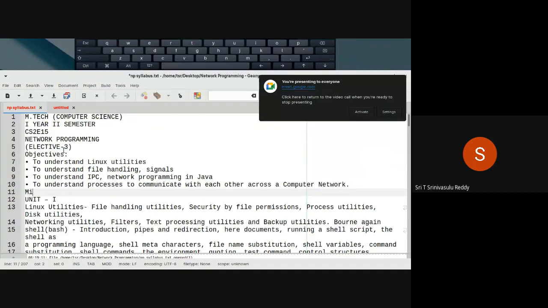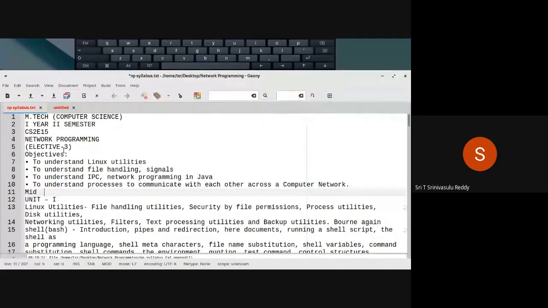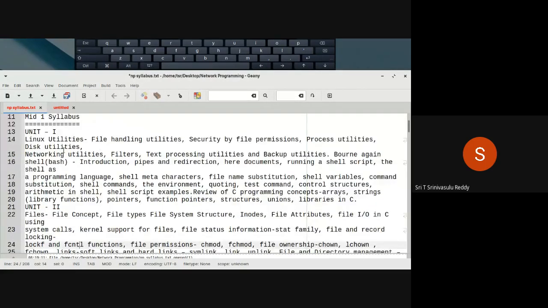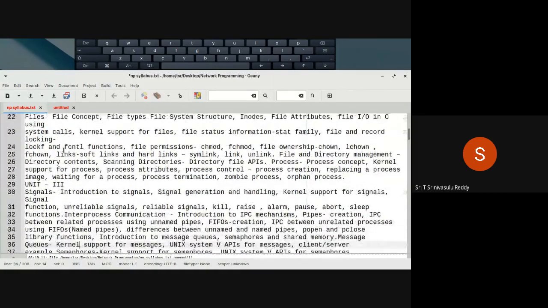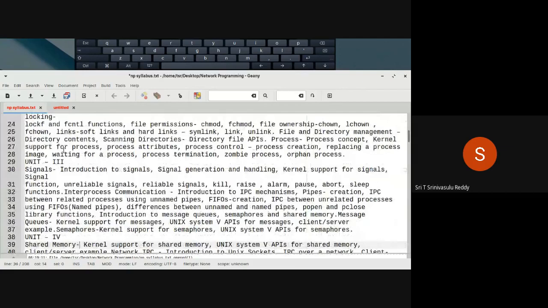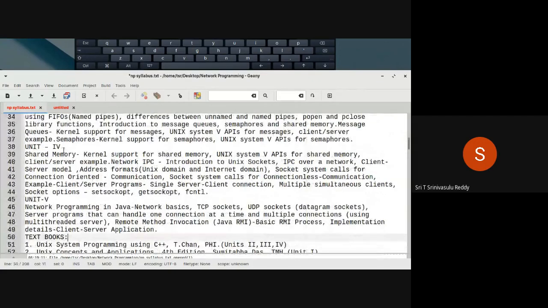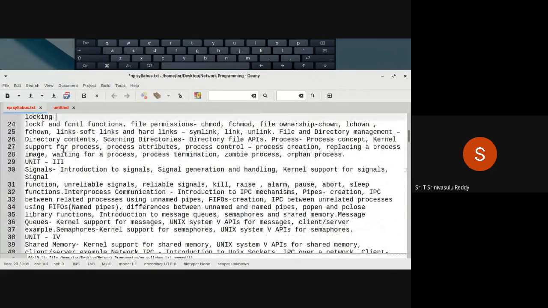Mid one syllabus is going to be from unit number 1 onwards. 1 completely will be there, 2 completely will be there, and in the third unit, I think we will have the signals, up to the signals as a part of it, so inter-process communication.